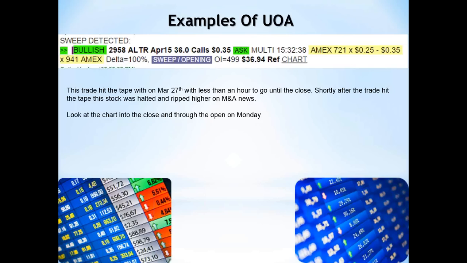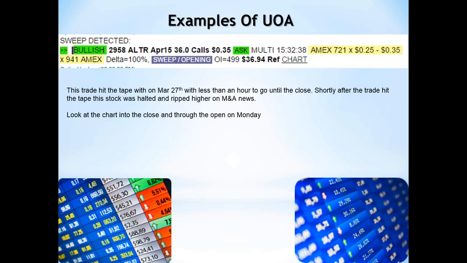All right, so whatever it is that they knew doesn't really matter to me. If they got lucky and just so happened to buy this block of calls ahead of this news, good for them. If they knew something that they weren't supposed to and bought these calls ahead of that news and made money, well, good for them, but they better get a good lawyer.